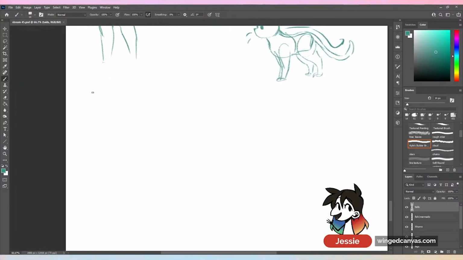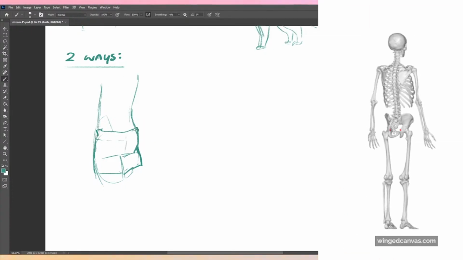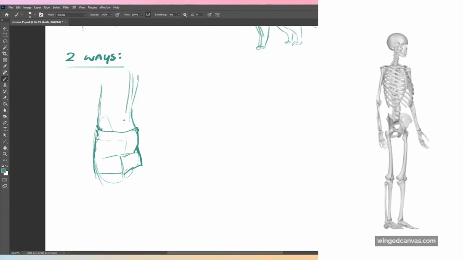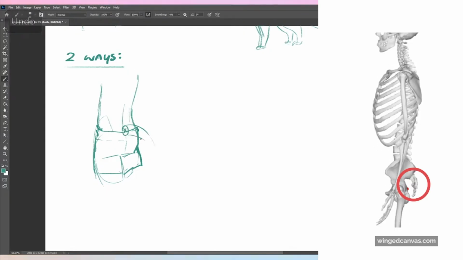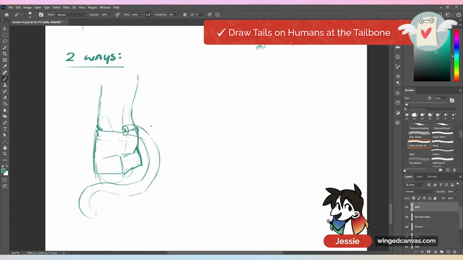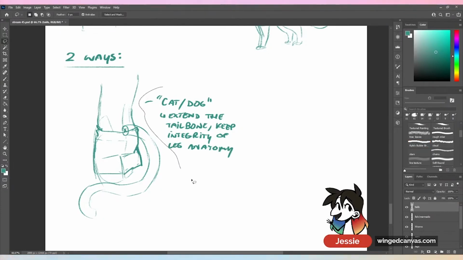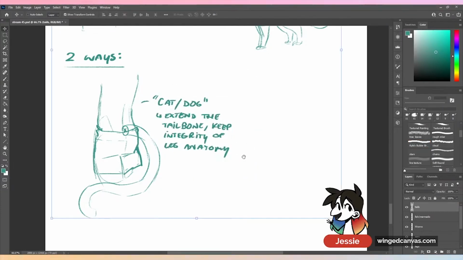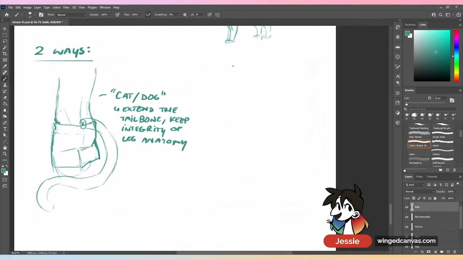So if we were to draw them on somebody, there are two ways you can do this. There's one way to do tails: if we continue the spine out, the tailbone starts around here, and that's one place where you can place the tail. This is the cat or dog. Extend the tailbone, keep the integrity of the anatomy. You can do this with rats, mice, all that fun jazz. You extend the tailbone, keeping the integrity of the leg anatomy. This is the cat and the dog, the one that I think is harder to do, but is also